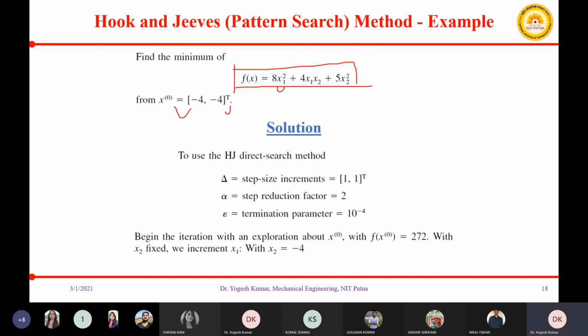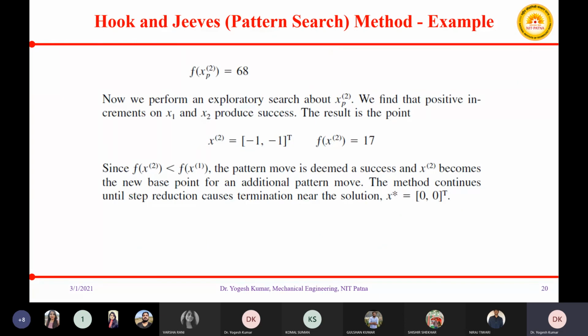Okay, so you will continue this algorithm until you are able to find the optimum value, which in this case is x star equal to 0 comma 0.